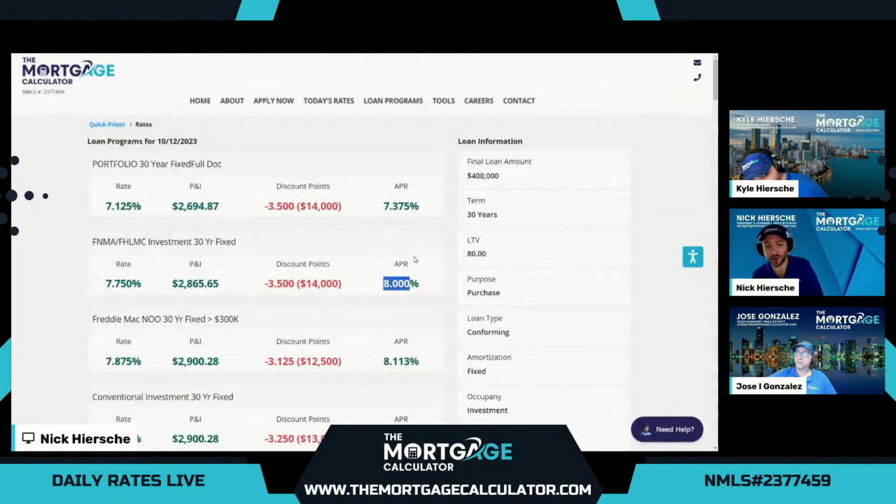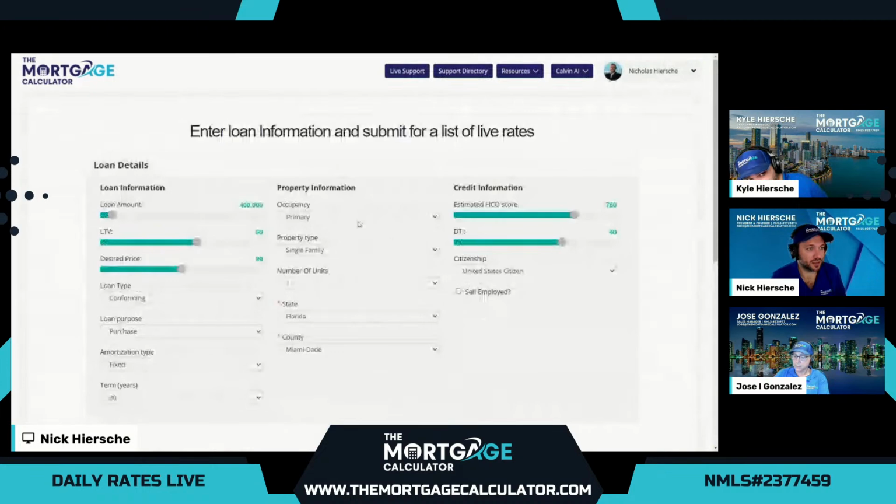So definitely recommend anybody out there check out these portfolio options that are popping up if our borrower is looking for conventional and can get these new portfolio options that have the reduced loan level price adjustments. Now, let's do our final demo here for investment properties and compare our non-QM options.